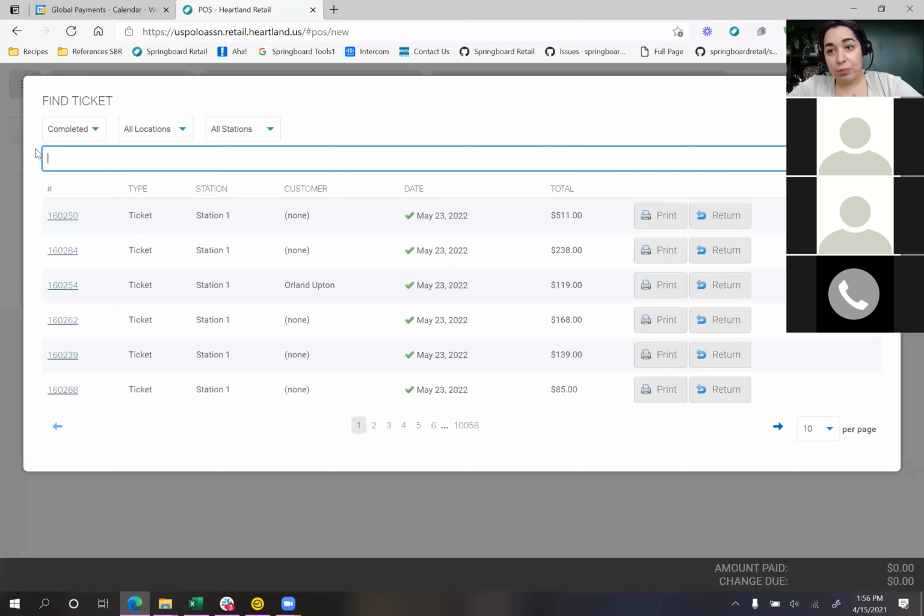So a new one takes you to the pretty blank screen that I'm on right now, but find ticket is to pull up any historical ticket that you have in our system. Completed means it is just that. The customer paid, they walked away with a receipt, it happened. It is history. So if I pull up